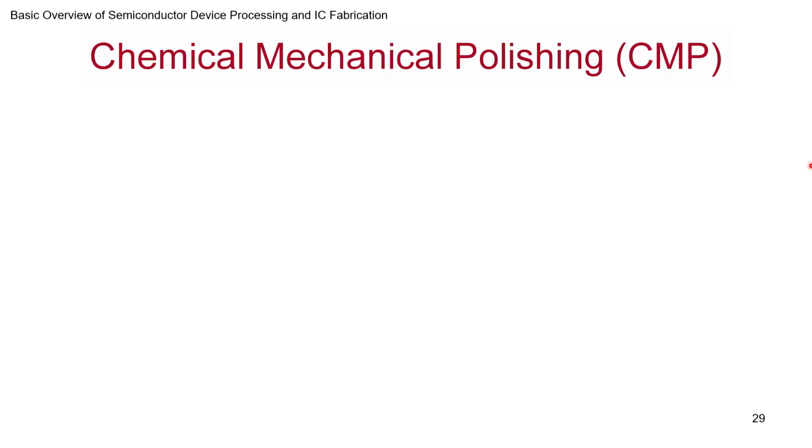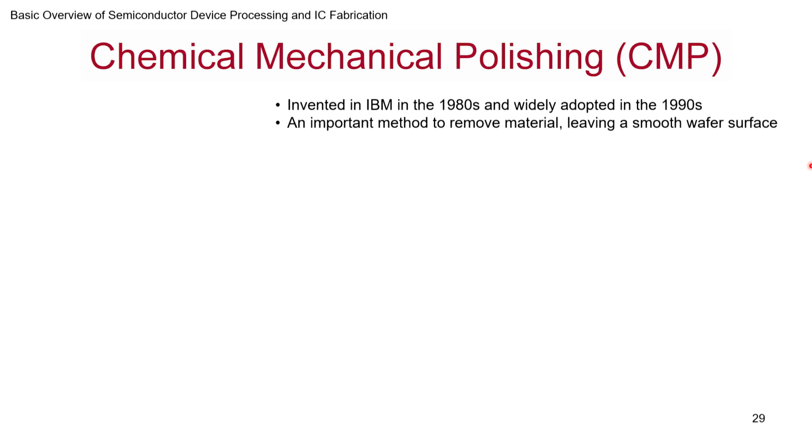Now let's quickly take a look at chemical mechanical polishing. This is a fascinating field that was actually invented in the 1980s at IBM, and by the 1990s it had really come into play in almost all the VLSI fabs. It is an important method to remove material, but what is most important is that when you remove, you leave a very smooth and flat surface. Very important, as we saw in lithography, because depth of focus becomes an issue when you go for smaller and smaller wavelength. So you need flat surfaces. And CMP in a way helped a lot in that. And it's also helped in incorporation of copper electrodes, etc.